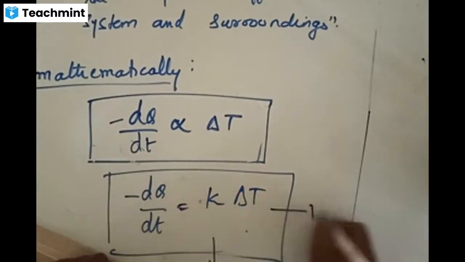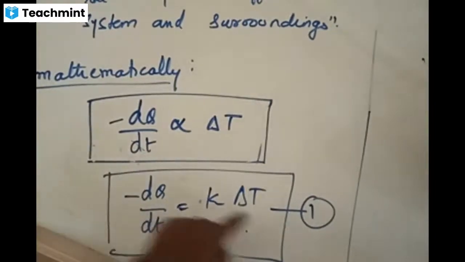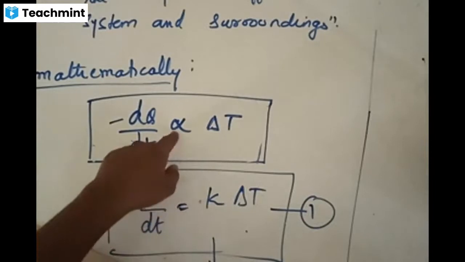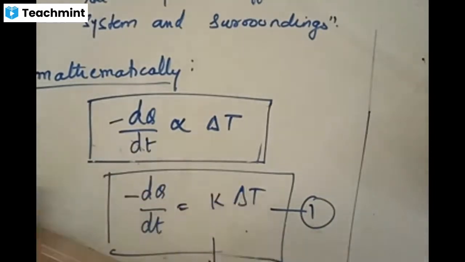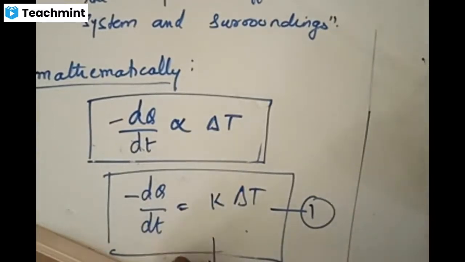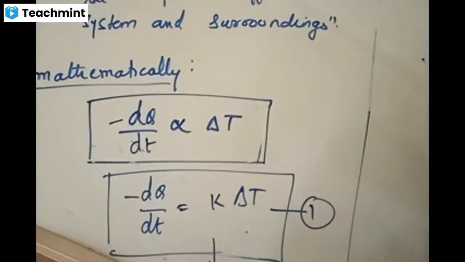This equation is important. We use this equation to derive the expression. Is this equation clear? dq by dt equals k times delta T. k indicates some positive constant because the proportionality symbol is removed and replaced by k. It is small k, because we make use of capital K also in this derivation. Remember that point. We make use of capital K at a later stage, but right now this is small k. This is the first part of Newton's law of cooling.